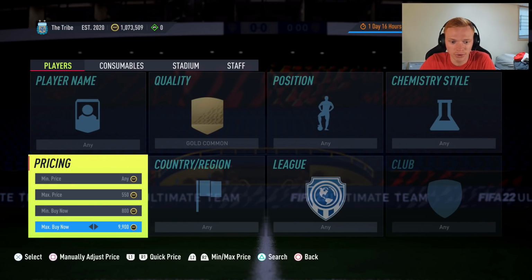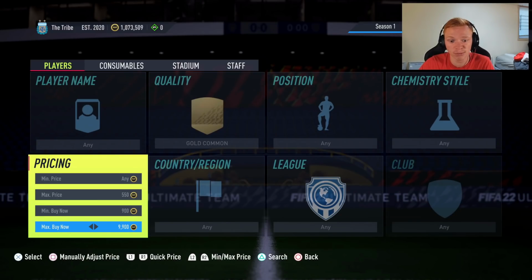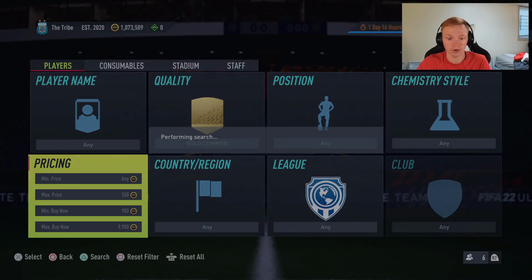So what I like to do is set a minimum buy now to the point where lazy buyers aren't going to be picking up the cards I'm buying, because I don't want to bid on a card that has like an 800 coin buy now and then a lazy buyer just buys that, because then I'm just wasting time bidding on that card. And also what I like to do is set a maximum buy now to 9,900,